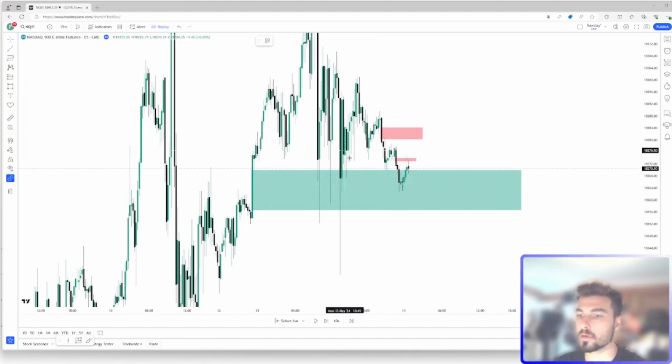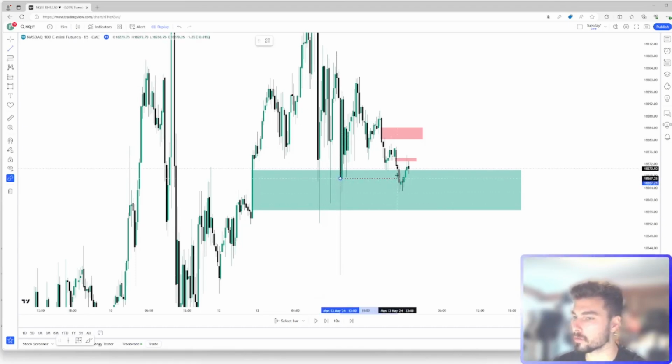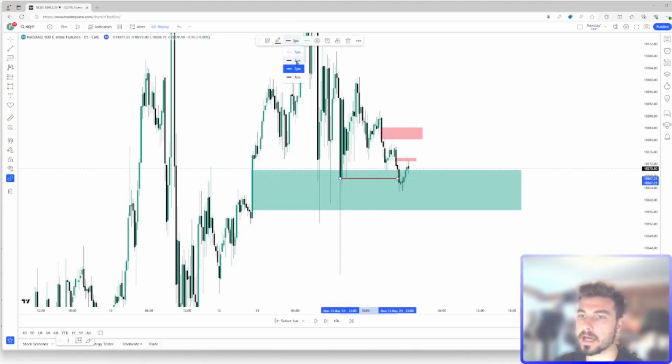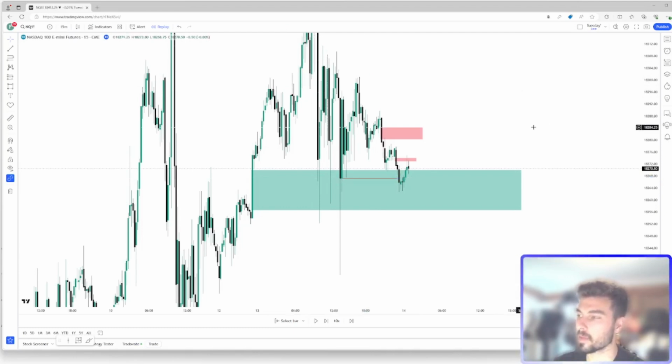And I want you guys to have a look at the bodies of these candles. The wicks do the damage, but the bodies tell the story. So I call this a volume raid. It's still the same as a normal raid, but essentially you raid the actual volume bodies rather than taking out the wick. Because as ICT says, the wicks do the damage, the bodies tell the story. So at this point, we've taken out liquidity. I will still class that as a raid of liquidity. This long wick can be classed as a rejection block.